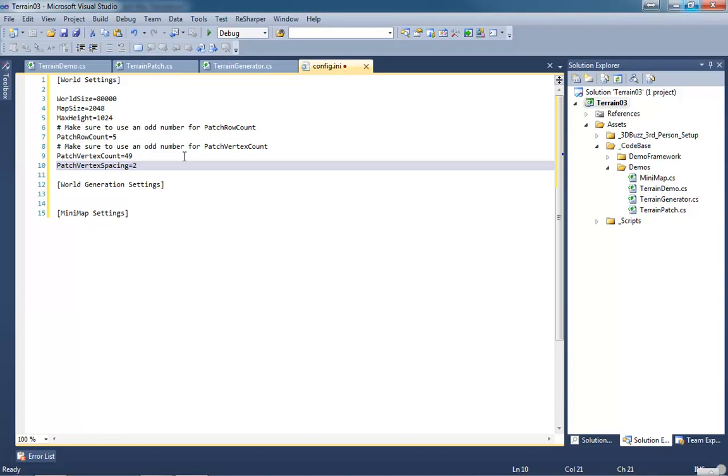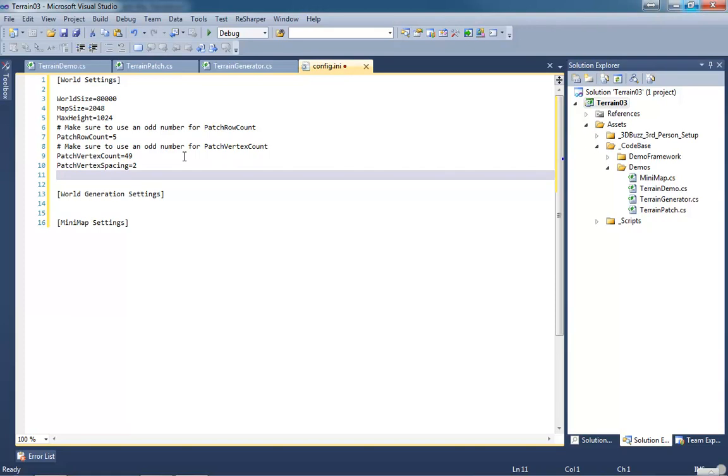So patch vertex spacing, we're using 2. And then our patch update delay. I'm currently using 0.2 for that. Need the equal sign. So